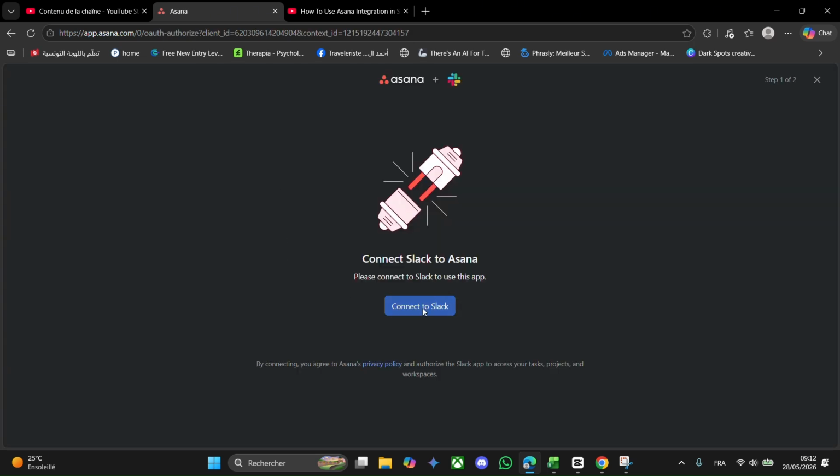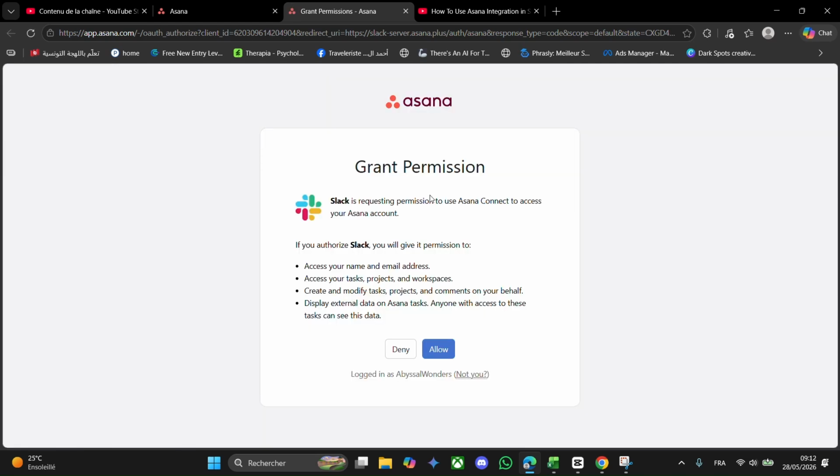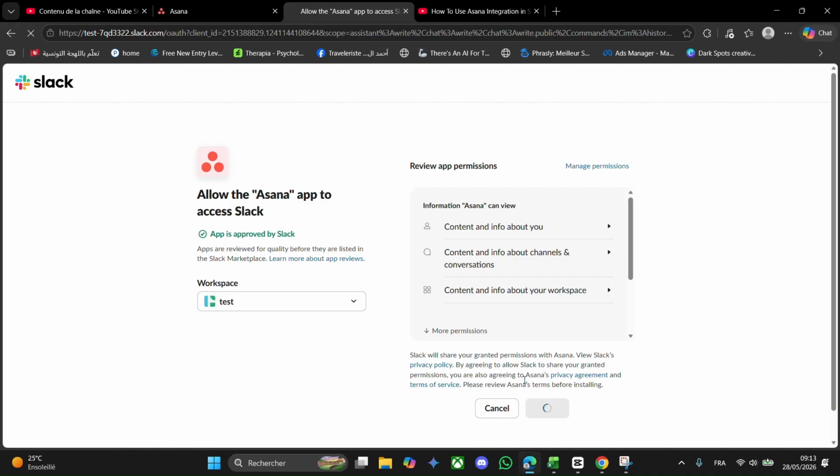So, click on Slack, click on Track the projects, and here click on Connect to Slack. Make sure you give permission to Slack to access your Asana project. Now click on Allow, and in this way you've already integrated your Slack account with Asana in a few simple steps. Click on Allow, make sure to choose your workspace here,